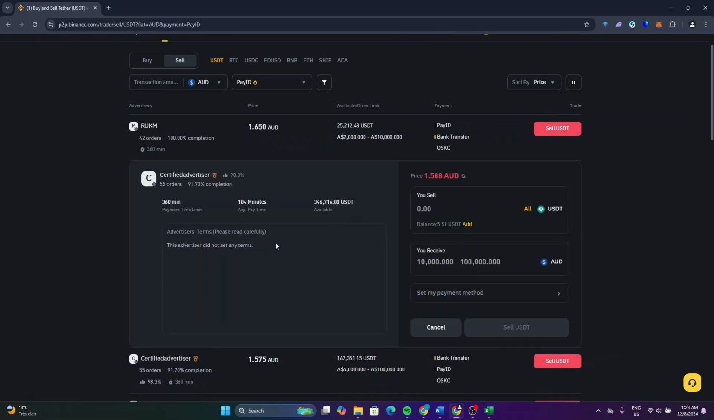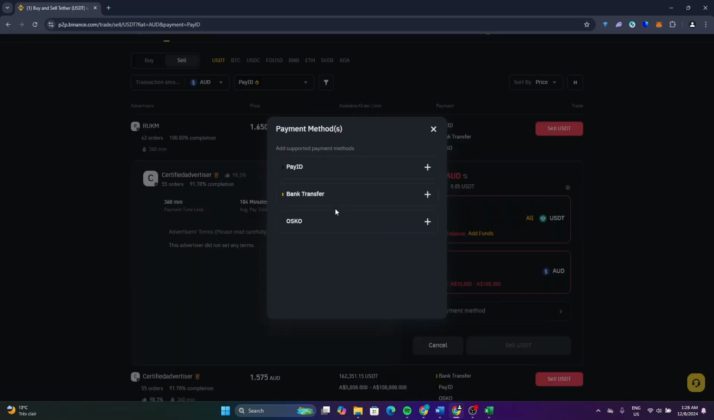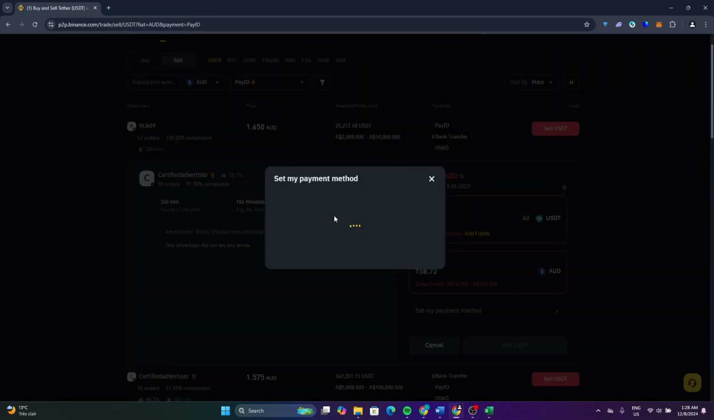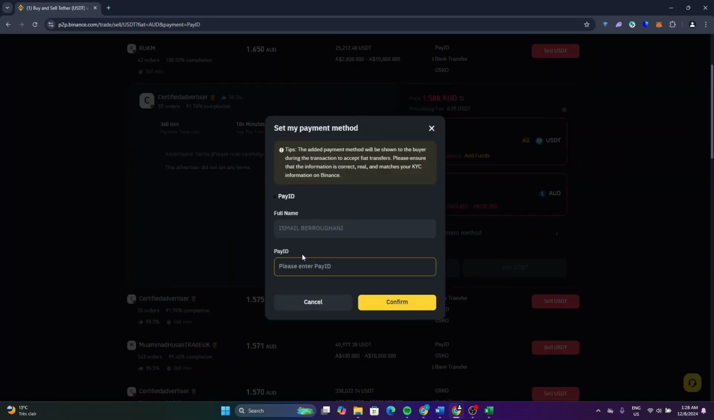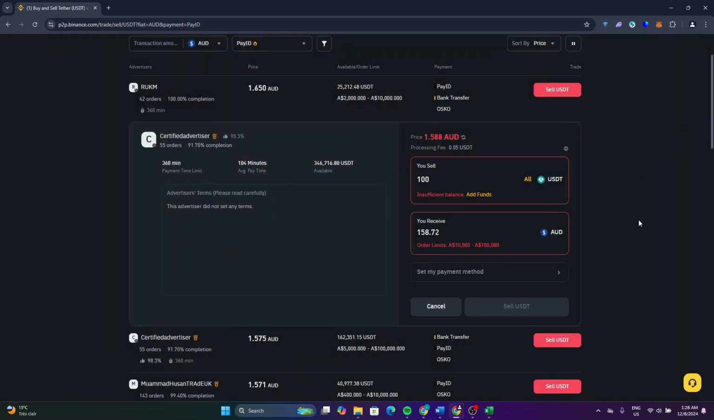Now after that, make sure to read all the advertiser terms from here. Now here enter how much you want to sell, and this is how much you will receive. After that, in the payment, select PayID, and now you can enter your PayID, like use the ID of your account. Now after that, click on confirm, and you will add your PayID in your